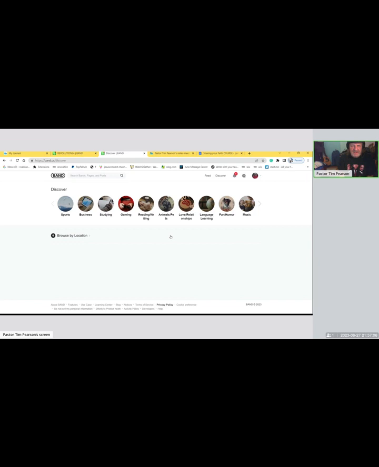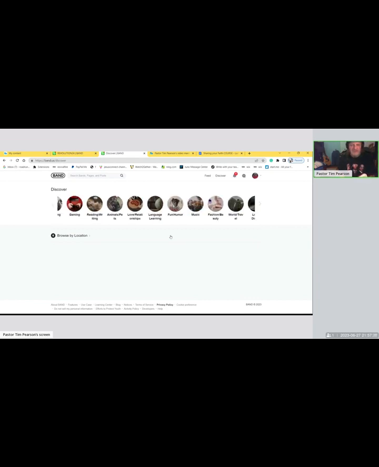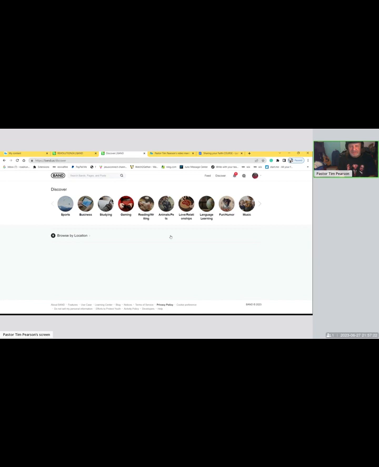But the strength of Band is discovery, because there are not a lot of sites anymore that allow you to find other people. You have to go out and get your own people. This does have that feature. I've even thought of using Band as a tool to get people on Band, as a resource, and then also offer them other alternatives, not taking people away from Band. That's not what we're talking about. I would never do that.